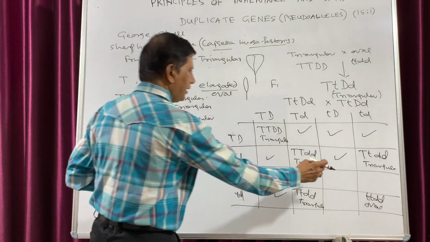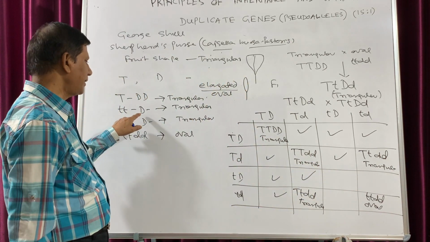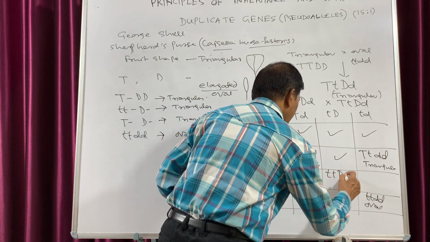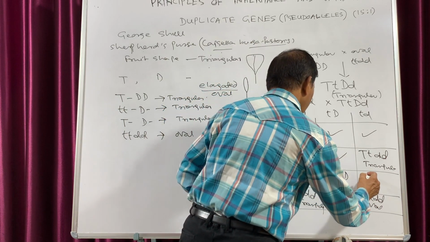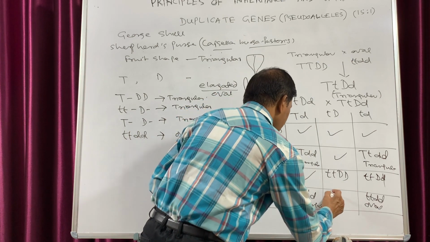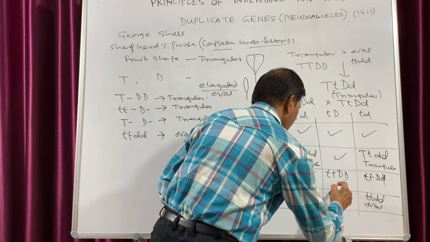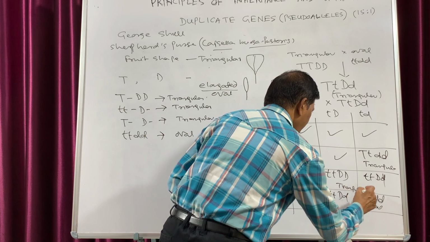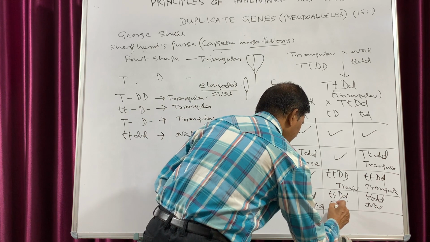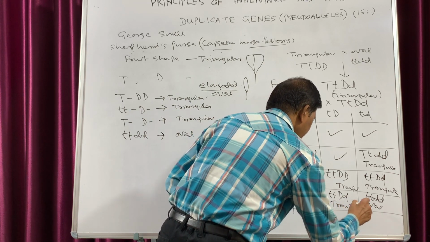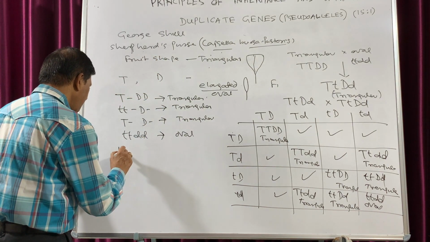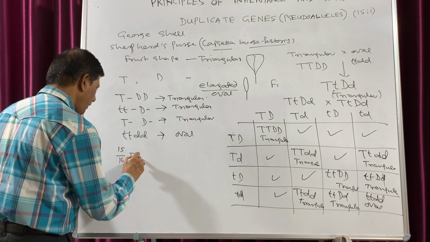Now in these remaining 3 cases capital D is there. So they will be small t, capital D, and in this case small t, capital D, small d, and in this case small t, capital D, small t. So they will also be triangular, because the behavior of both capital T and capital D is the same, that means they produce the same character. That means we are getting 15 triangular